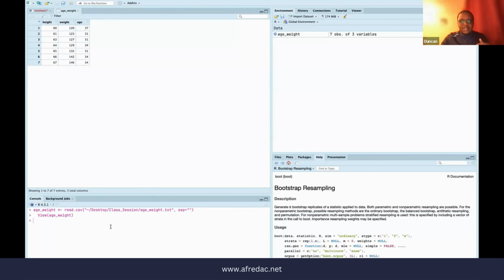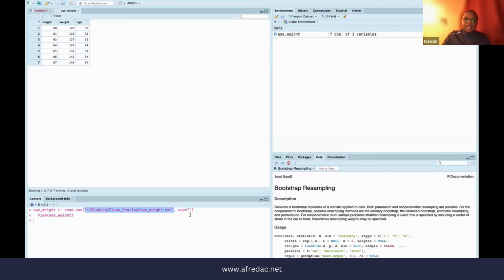Now, what has that import done again? It has executed the view for that age weight, and that's why we are actually able to view that age weight file on your left hand side. It has also used what we call, if you look at the console, what is called the read.csv. So it has read that file using the function read.csv. Okay. But the next argument in that function is where is that data file. Okay. So it has taken the path of where that data file is stored and had it as an input